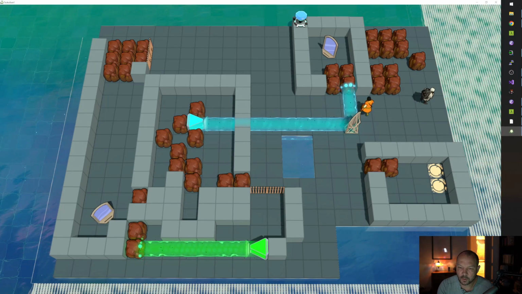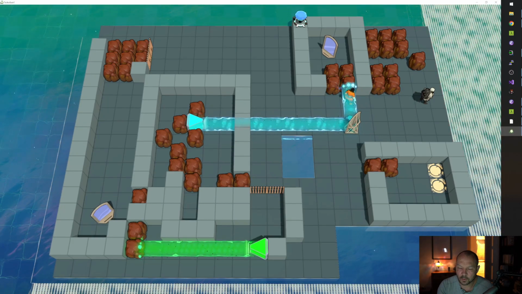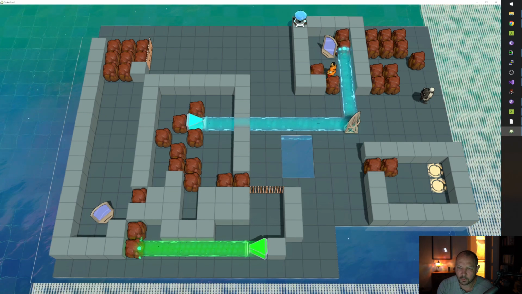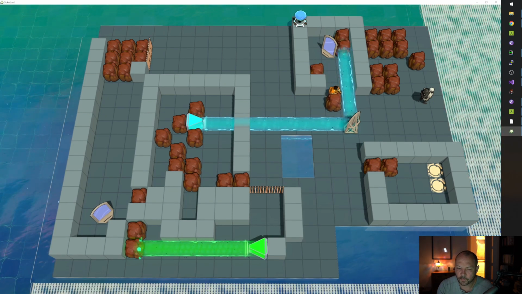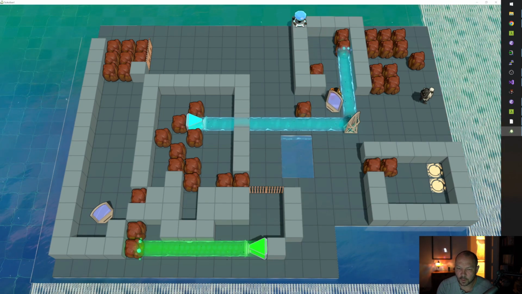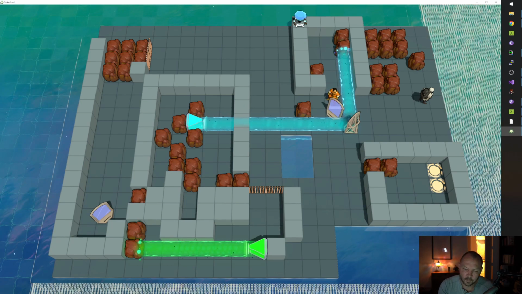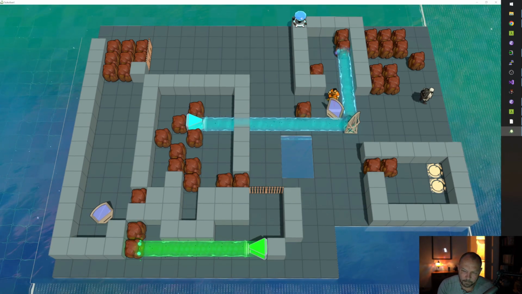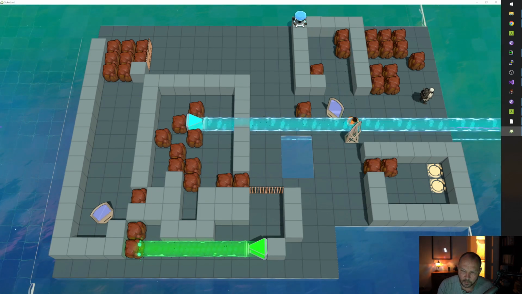And he could push like this. Okay, so we get a mirror. That lets us put the beam the other way.